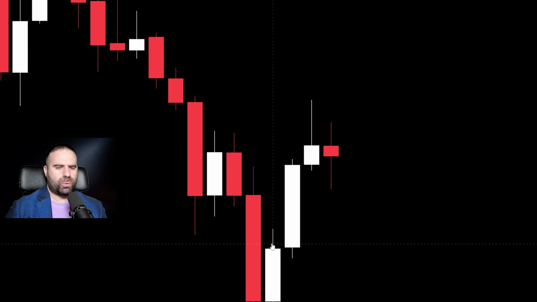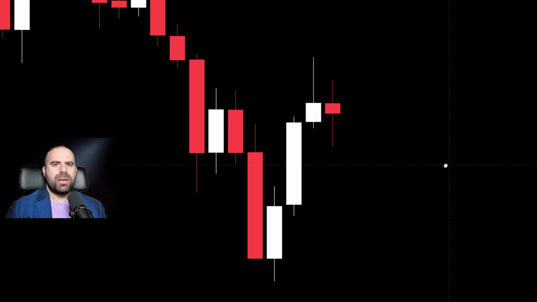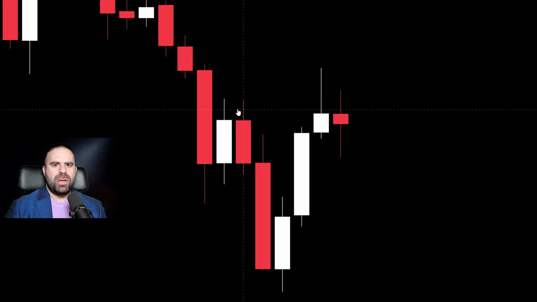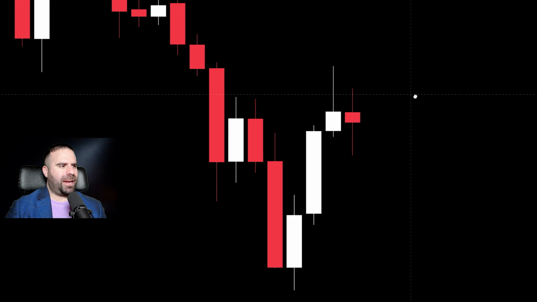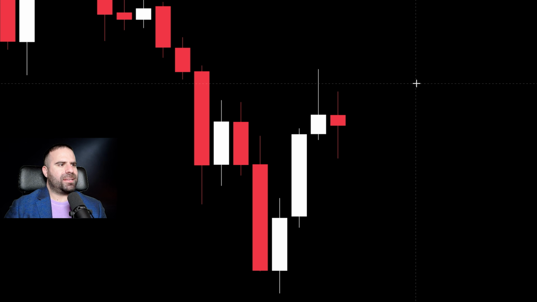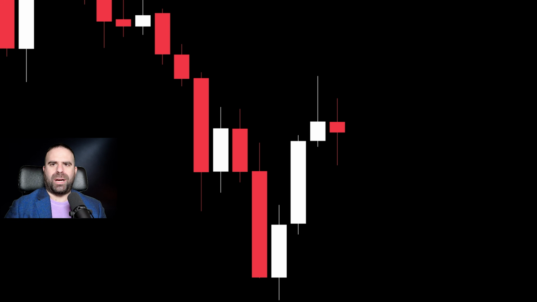You have an impulse with lots of FVGs. You can see them. Do not identify any of them. Wait for a proper high to be created in this bearish situation. And you do have a high here. Why is that a high as I see it? Because it is higher than the high of the candlestick to its right and higher than the high of the candlestick to its left.